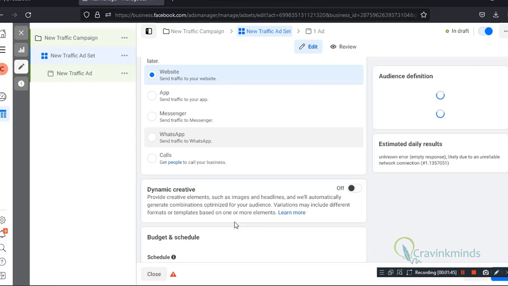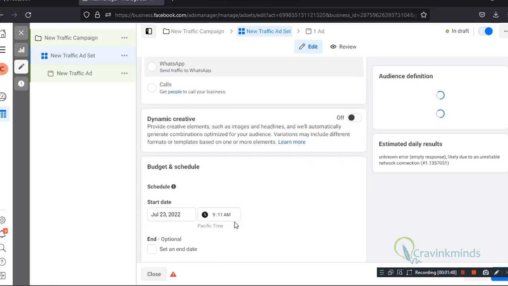But the mistake people make is thinking that by targeting only those detailed people, laser targeting, they will make sales. Sometimes it works, but not all the time. The best strategy is to have a cold or warm audience that is around 1,000. What does that mean? Maybe people who have visited your website, people who have engaged with your ads, engaged with your content on your social media platform, or they have converted or bought something from you. When you have a large number of them, at least 1,000, and you target them, that is when it is good. So what you should try to do now is install pixels on your Facebook ads